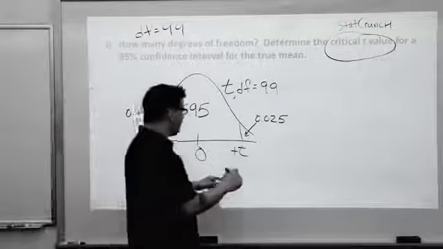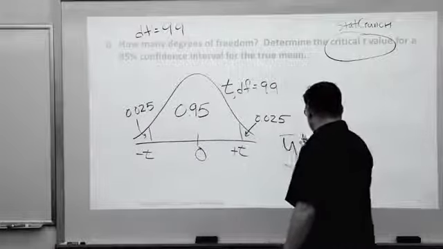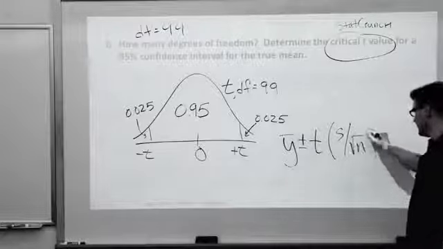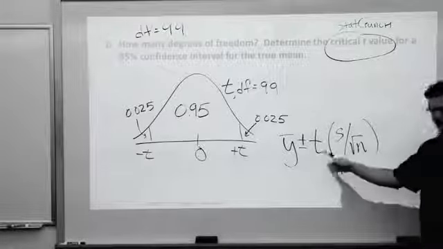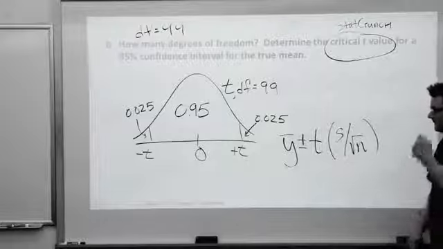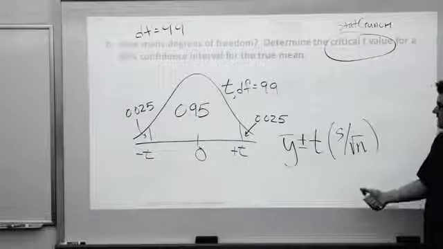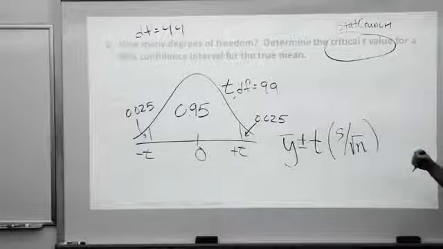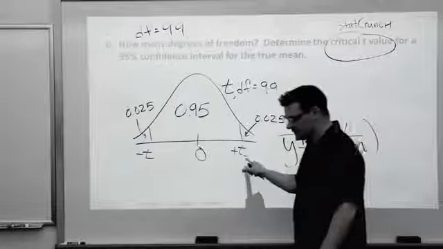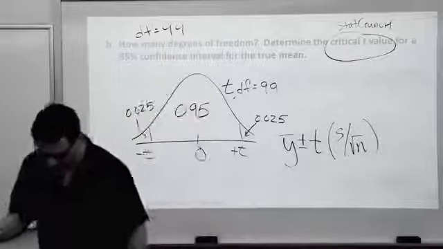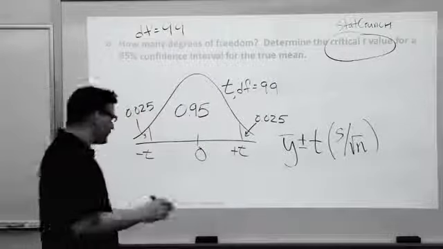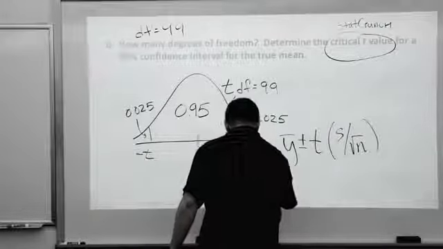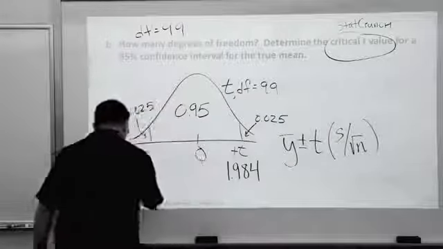And why do we need this number? Well, I'm going to be doing y bar plus or minus t times s over root n. And this, we need that one. That's what we're doing here. All right? So pause the video, go get that number. Critical t, use the t calculator, and when you come back, what is it? Well, it's 1.984. There, 1.984. That one's negative,